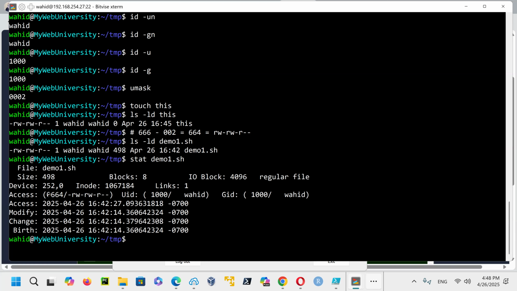This one is for the sticky bit. That is how the sticky bit is set. But here the owner is the first 6. The second 6 is the group, and the last one is for others. So that file is having that access. Now, if I run that file, say demo1.sh, it's going to say permission denied.